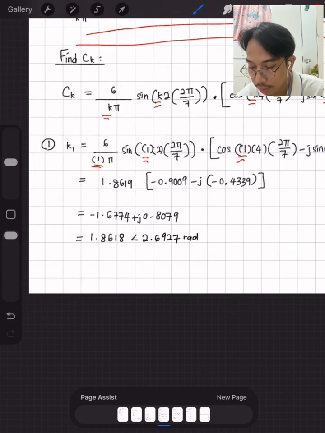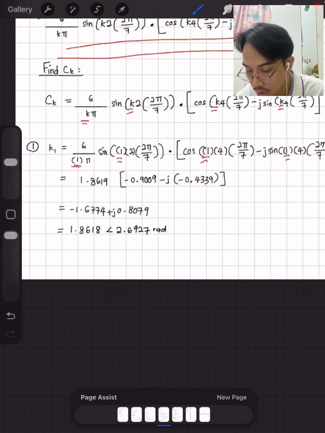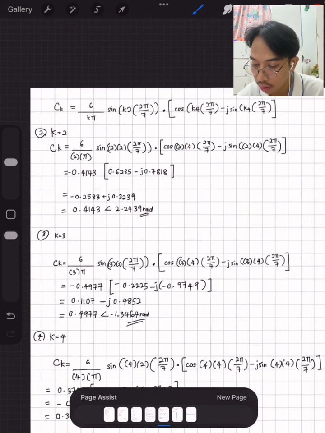So we will simplify everything, we calculate everything using a calculator especially. So we got the value of the complex number here, and we need to change it to the polar form, since we are going to plot the graph of magnitude and phase. The same goes with